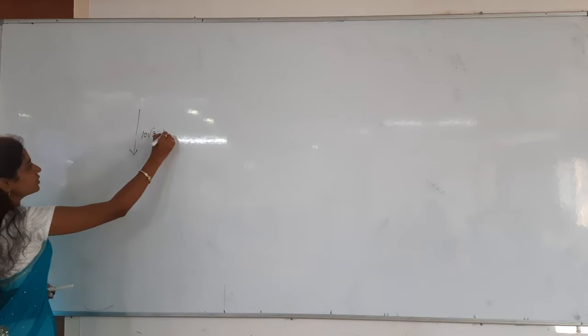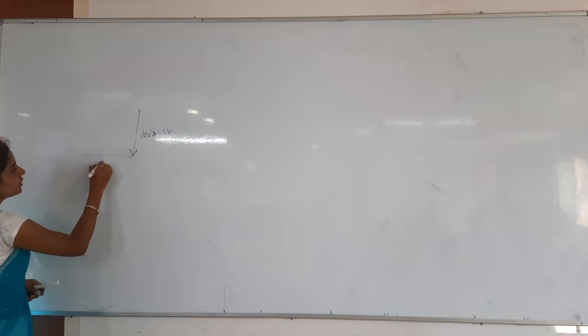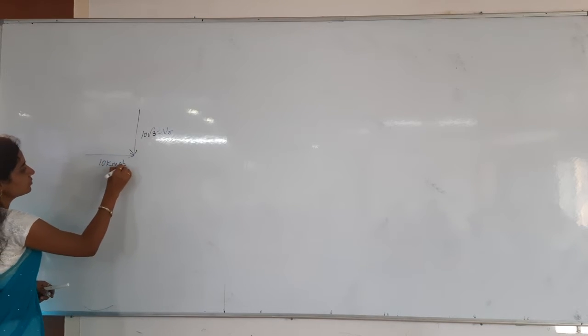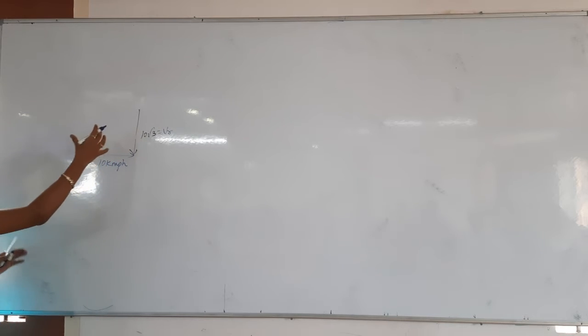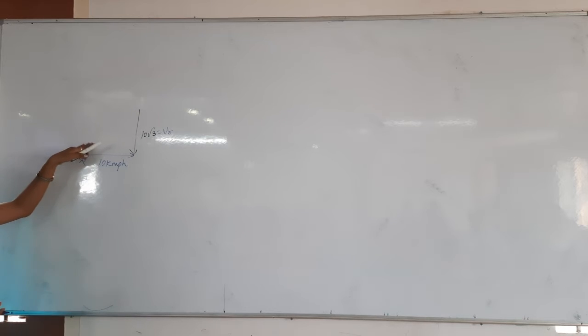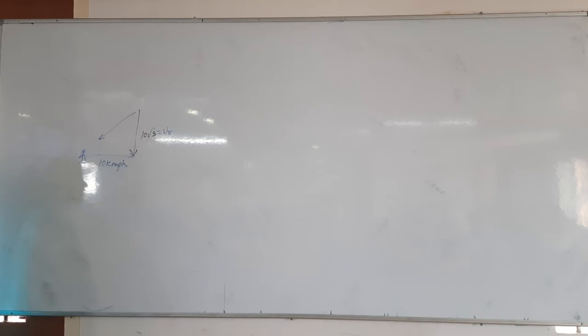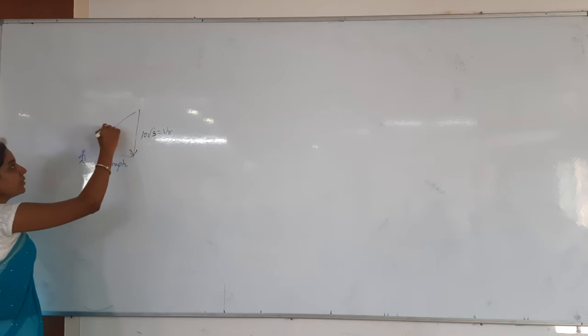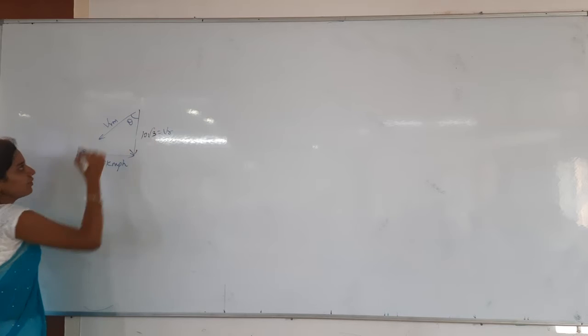This is the velocity of rain. Then man is moving at what speed? He is moving 10 kilometers per hour. Then at what angle should he hold the umbrella? That is what they are asking. So man is moving like this, 10 kilometers per hour. Now where will the resultant vector come? Slantly only, like this, the hypotenuse. So that the rain is falling in this direction. Rain actually appears to fall in this direction. So that theta you have to find out.